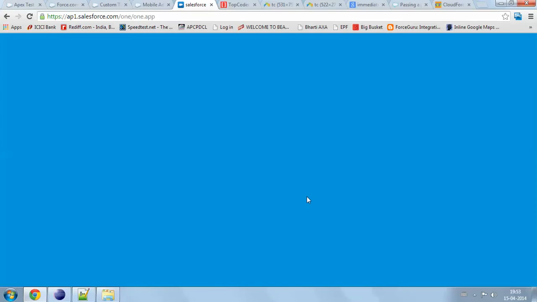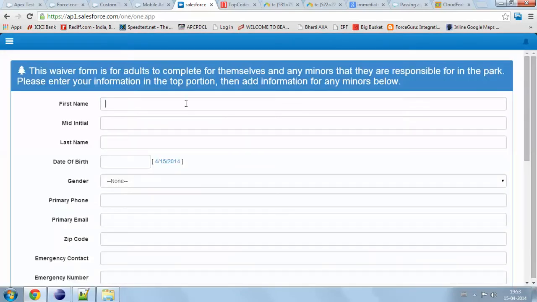So I'll reinitialize the page because I will give all the values now. I will put my name, say test top, and I will give top coder for the other names.